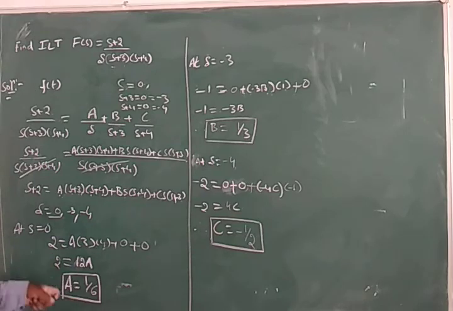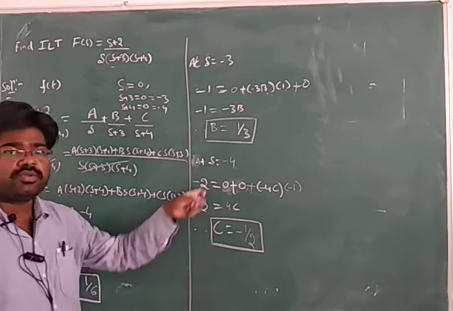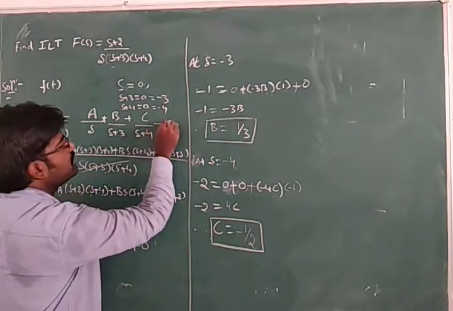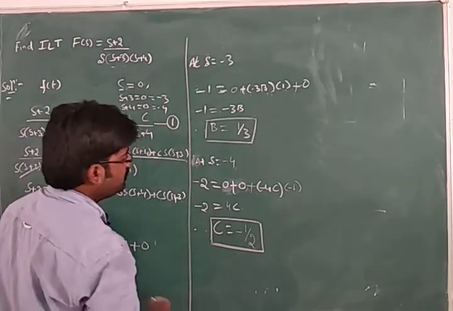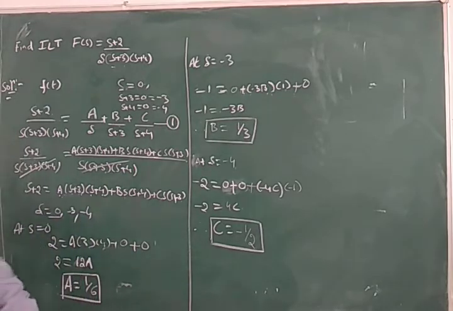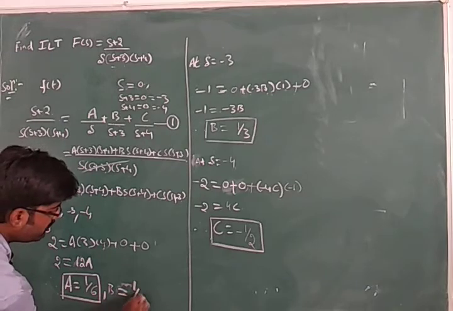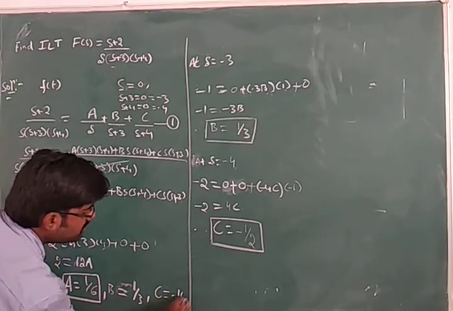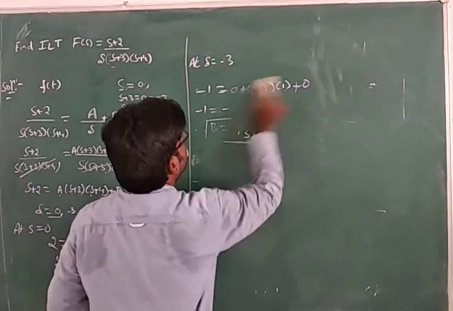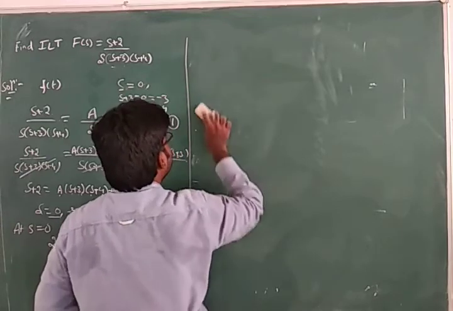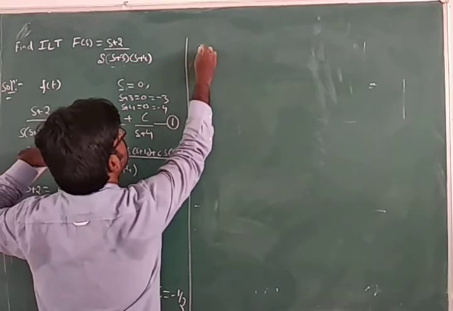Now we got all three values of the constants which we selected here, a, b, c. Now substitute the values of a, b, c in the given equation, equation number 1. After that we have to find the inverse Laplace of that. So what are the values of a, b, c? I will write here only because I want to erase that. The b value is 1/3 and the c value is -1/2. Now substitute the values of a, b, c. What are you going to get in this equation?